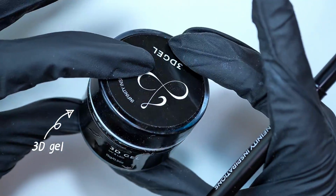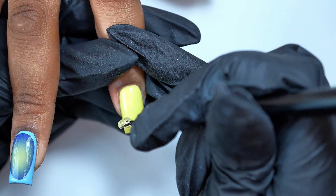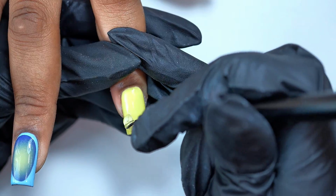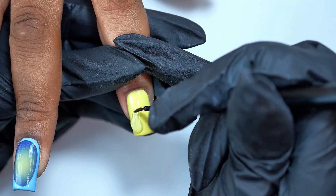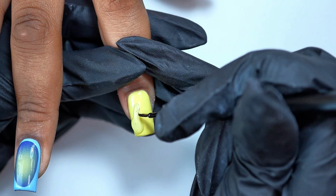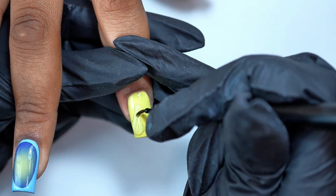So I'm using our 3D gel to make a big abstract blob on the index finger. Just be creative, do whatever you would like. Apply a lot of clear 3D gel. I just like this product. You can do so many things. I also use this